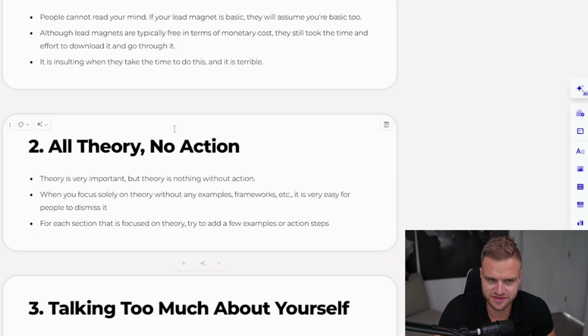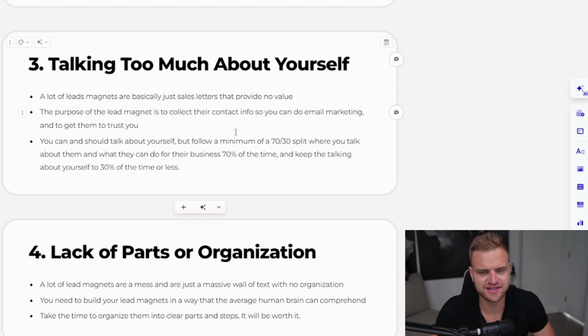Very, very important stuff. The next is talking too much about yourself, and a lot of lead magnets are basically indistinguishable from sales letters. They just talk about how great the person is, how many speaking events they've done, how many ClickFunnels awards they have, and they provide no value, and that kind of defeats the entire purpose here,